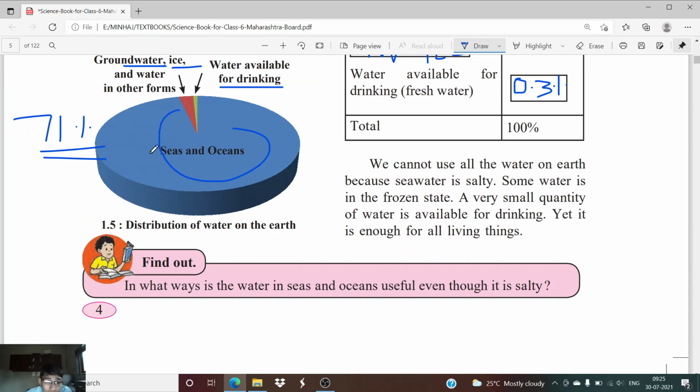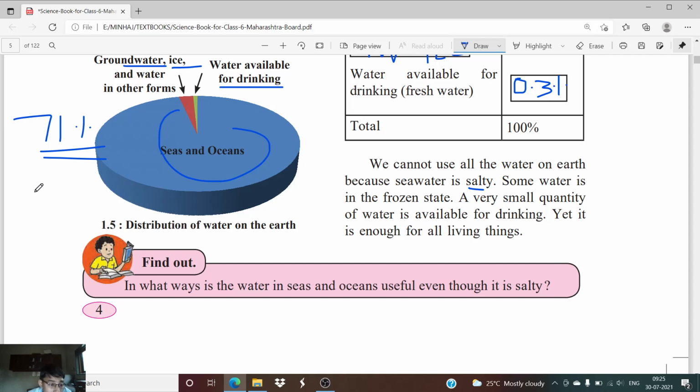Now जो seas और oceans में water है उसका हम लोग क्यों use नहीं कर सकते? What is the reason? Because that water is salty. सलाइन है, उसमें नमक है और बाकी compounds और chemicals हैं, जिस वजह से हम लोग sea और oceans में पाए जाने वाले water को drink करने के लिए use नहीं कर सकते और बाकी कामों के लिए use नहीं कर सकते. Now, some of the water is in the frozen state, that is in the